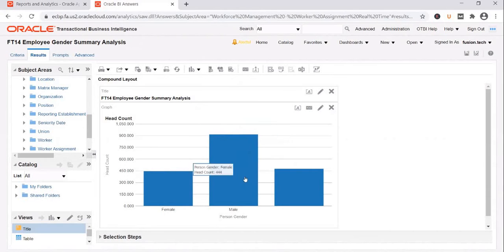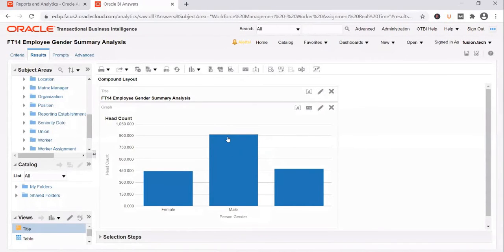From the length of the bar, I can make out that this is approximately half of this. But doesn't it make sense to display the percentage instead of the number when you put your mouse on top of it? Instead of a user doing the calculation as to what percentage of employees are male, you can do some calculations within the report and convert these numbers into percentages. So how do you do it?